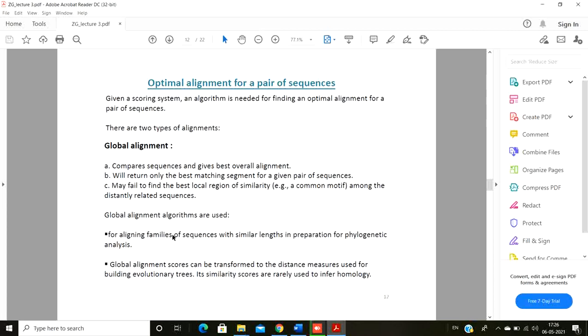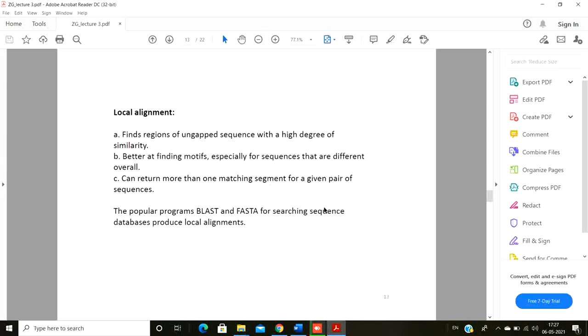Otherwise, if you don't know the start or end site of each gene, then what happens? Sometimes you miss the alignment. Suppose for a particular gene you have taken nucleotide 1 to 100, but for another gene you started from nucleotide 10 and went up to nucleotide 110. Whenever you do this, the sequences mismatch with one another, and as a result the alignment score also reflects that same mistake. Sometimes the alignment you get is not the perfect alignment score. So that is global alignment, and similarly the same thing goes for local alignment also.